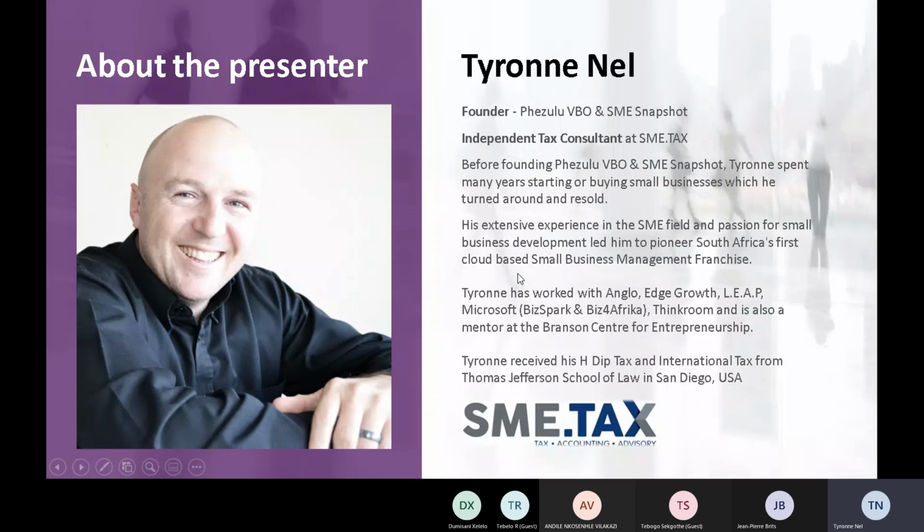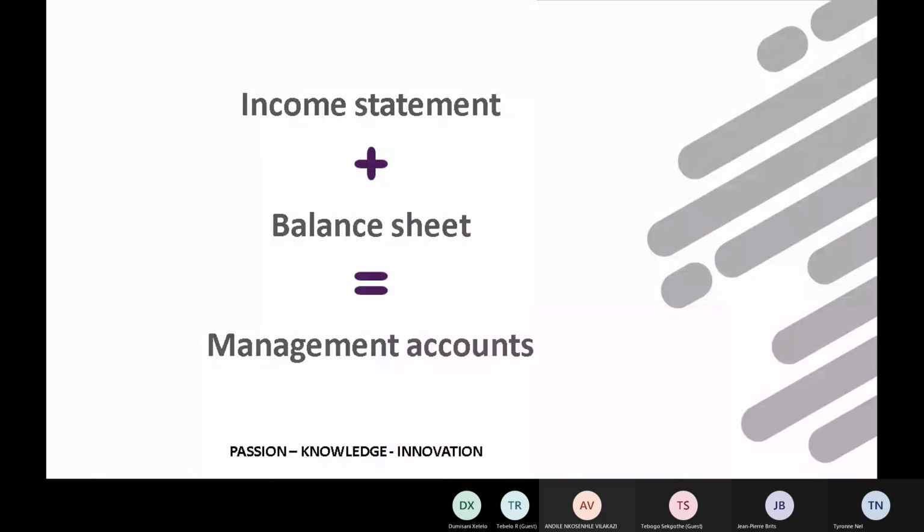Okay, finance and accounting. Management accounts, I'm sure you guys are going to come across this often, and a lot of people will ask you for them. It'll be your bankers if you're going for a loan, any sort of funder, or if you're looking for credit with a business partner, they're going to want to look at your management accounts. What they're really trying to check is the health of the company. Is the business in good standing? Is it able to undertake the repayments on the credit, or if I'm going to invest, is it a healthy business? So